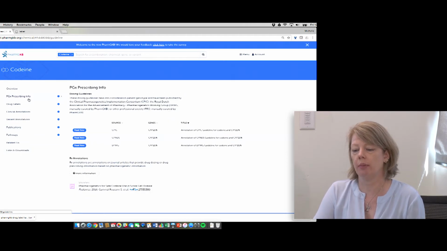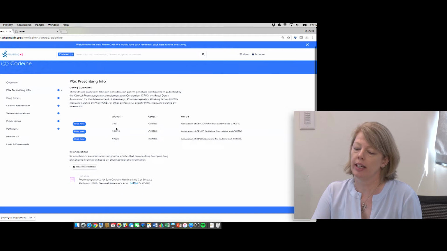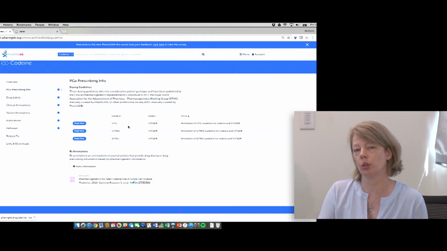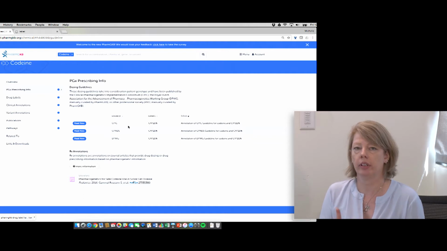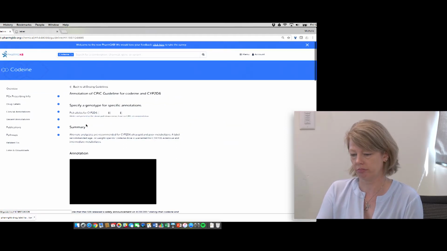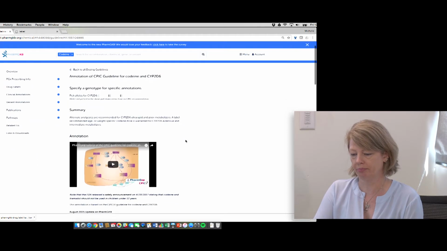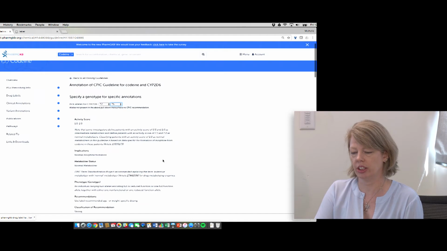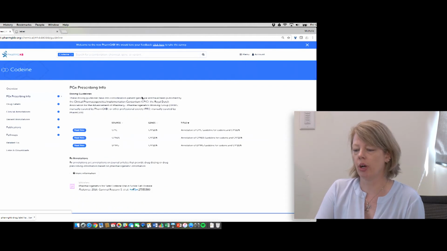If I go to the Prescribing Info tab, what I get on that particular tab are all the drug dosing guidelines from the different groups: CPIC, the Canadian group, the Dutch group, or any professional society. Any dosing guideline that has been annotated in PharmGKB, you can pull up, including a drop-down menu that lets you select the patient genotype. But also on the Prescribing